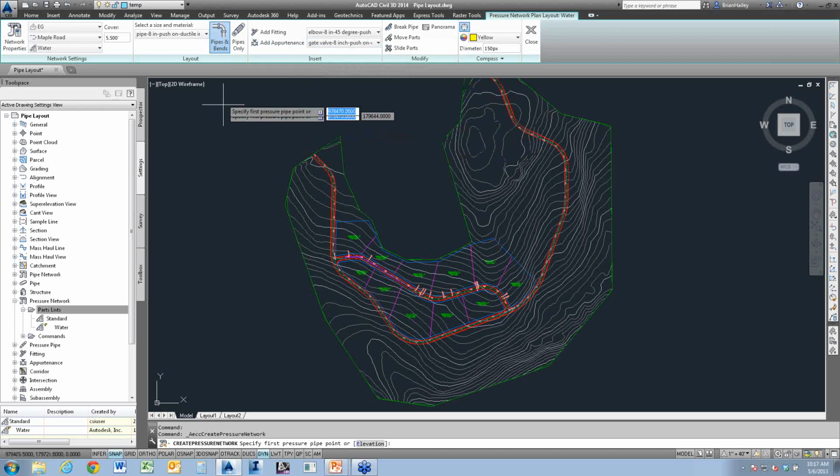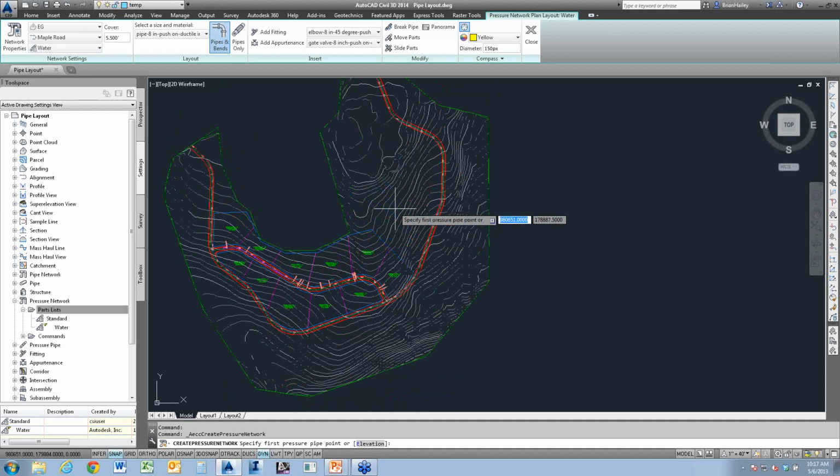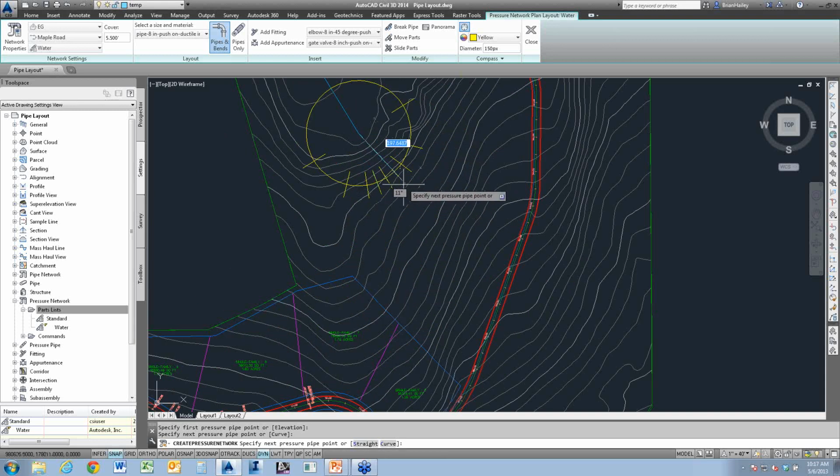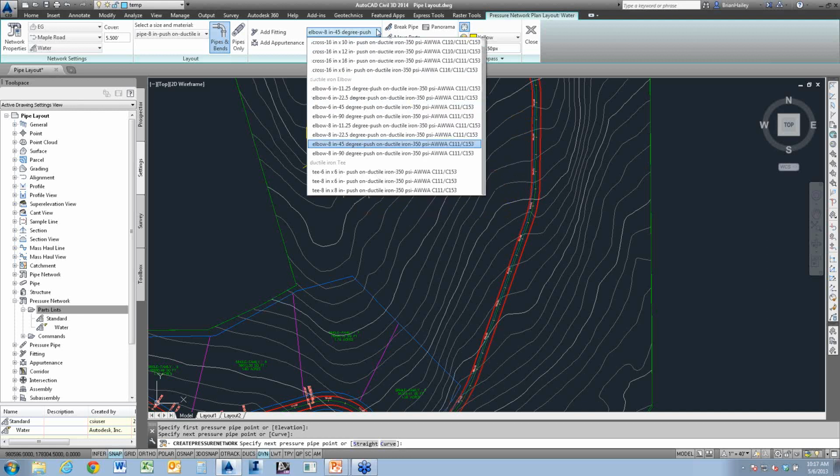Now, what's really cool is if I come over here and I choose pipes and bends, and let me just kind of play over here a little bit. As I pick my first point, it starts my pipe. Pick my second point, it creates the pipe, and now I can come in here, and as you can see, it snaps to those specific angles that I have available up here for 8-inch water.